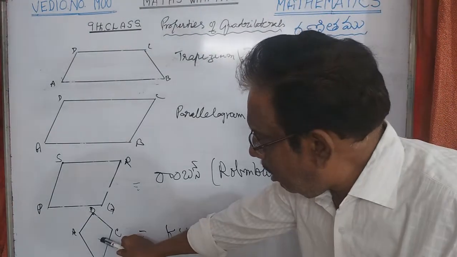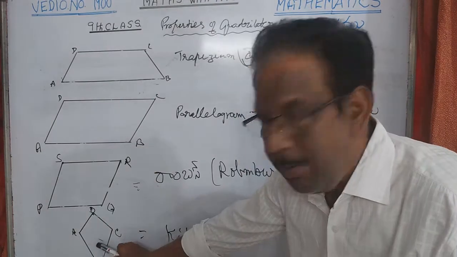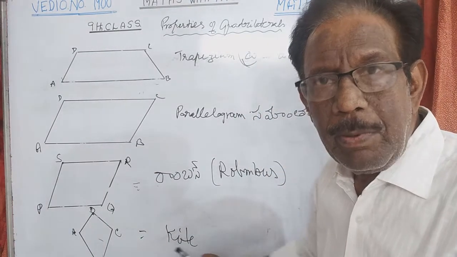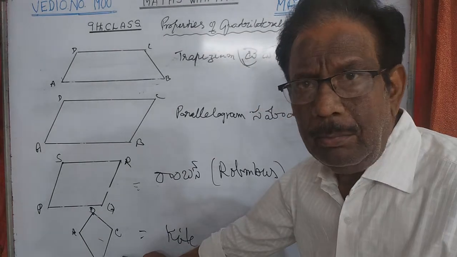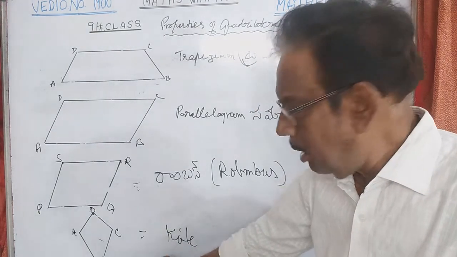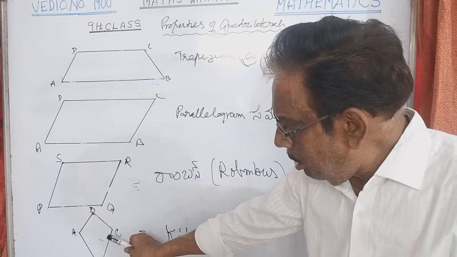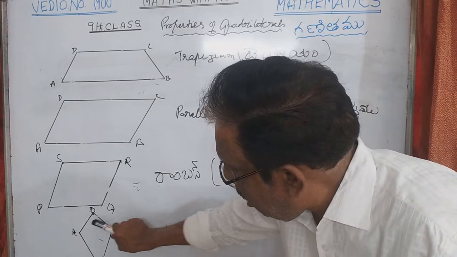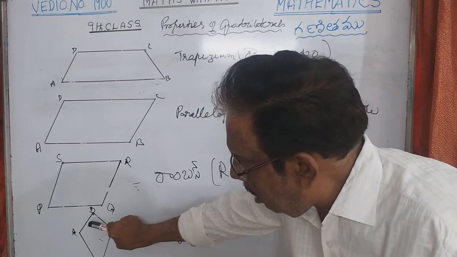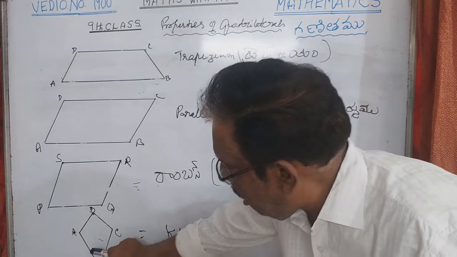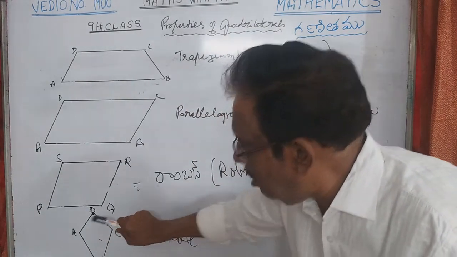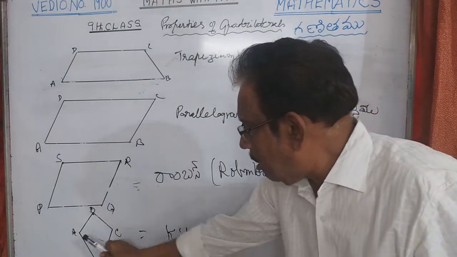And you see there is another quadrilateral. Here also it has four sides, and its shape is a kite. It is a kite. Understand? You know this is a kite. The adjacent sides are equal. These two are equal, not parallel, but equal in length. This adjacent pair is equal and this pair is equal. Opposite angles are equal.